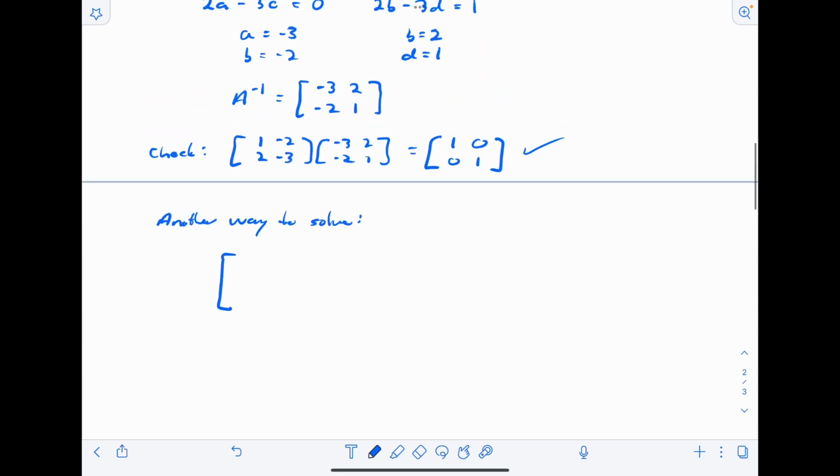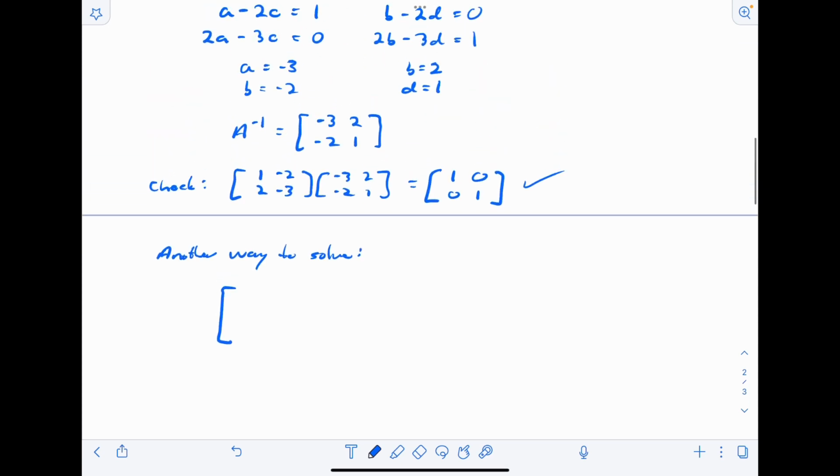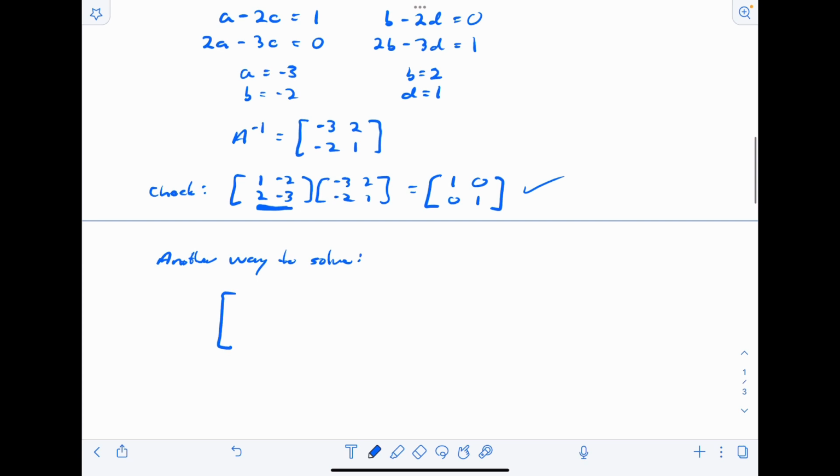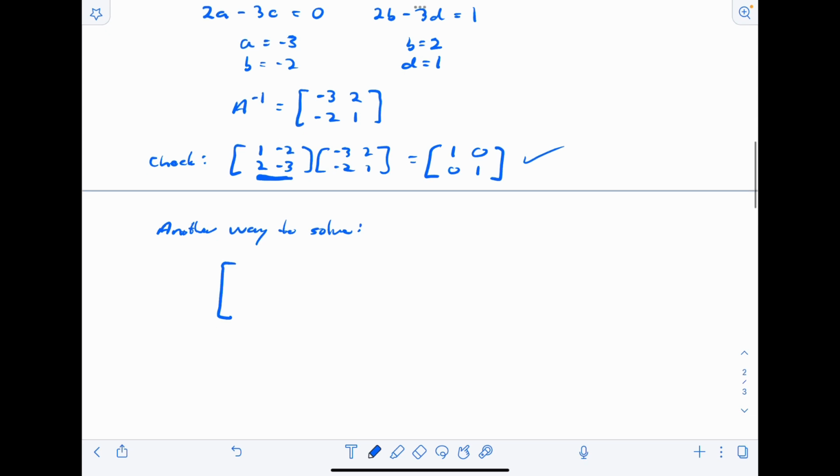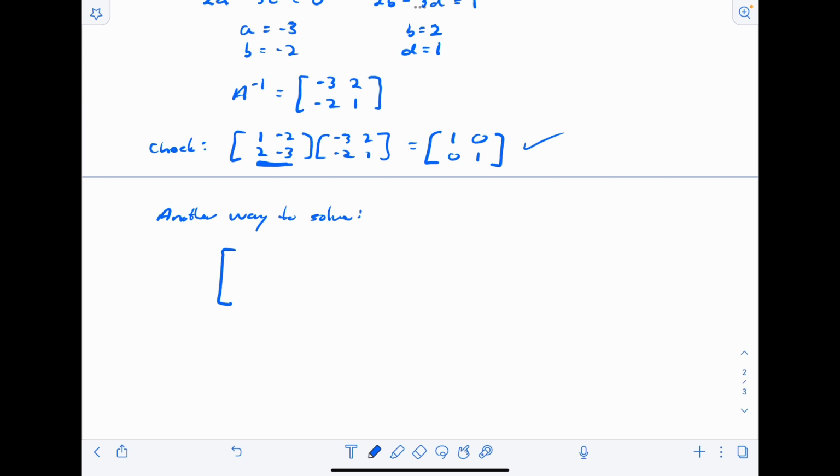Because I know that basically what I'm doing is I'm taking this matrix A, and I'm in essence trying to create an inverse matrix. I'm trying to create this 1, 0, 0, 1. And in doing so, I find the inverse of A in that process. So what I'm going to do is set up an augmented matrix where I'm going to take matrix A and the identity matrix,